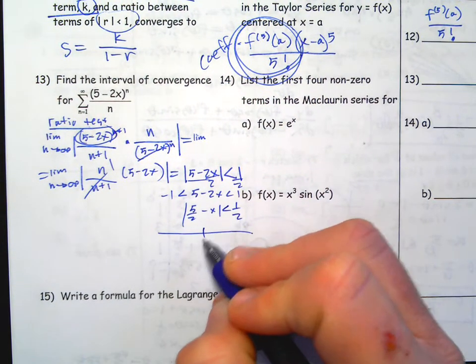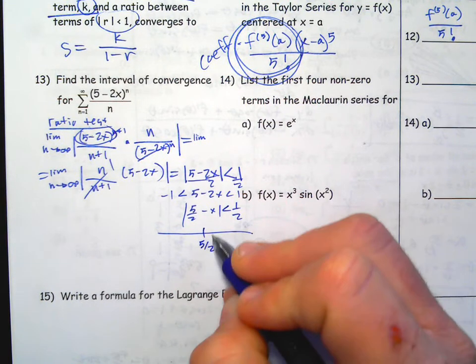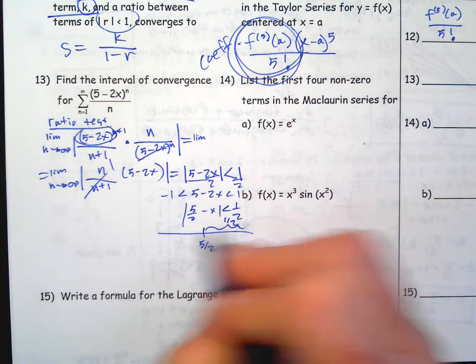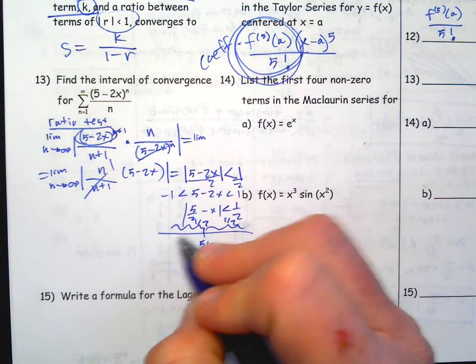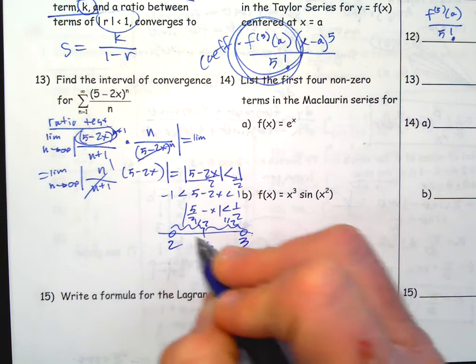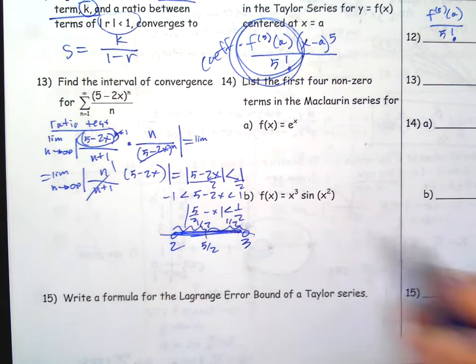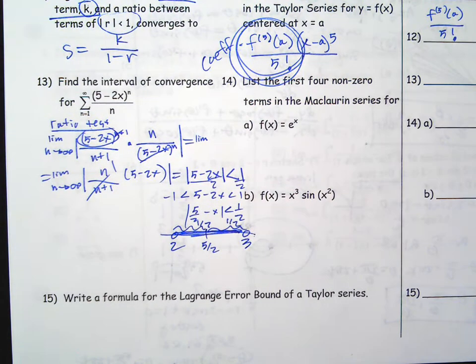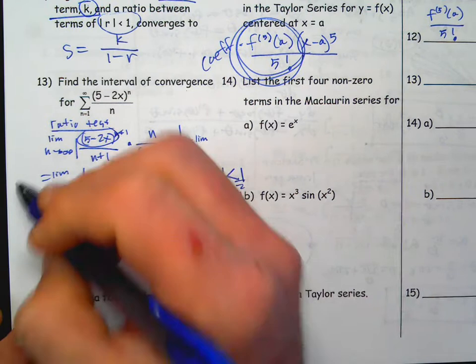And then this is the center of your interval of convergence, and the radius is 1/2. So this is kind of interesting. It gives you the radius. So it gives you 6 halves, which is 3, and 4 halves, which is 2. So for sure it converges in between those. That's the open interval. But then we've got to test the endpoints,